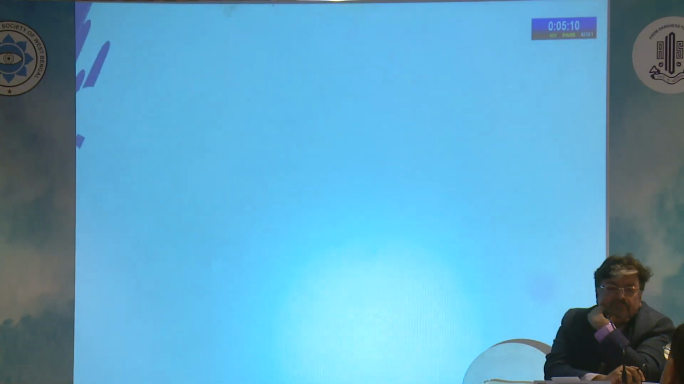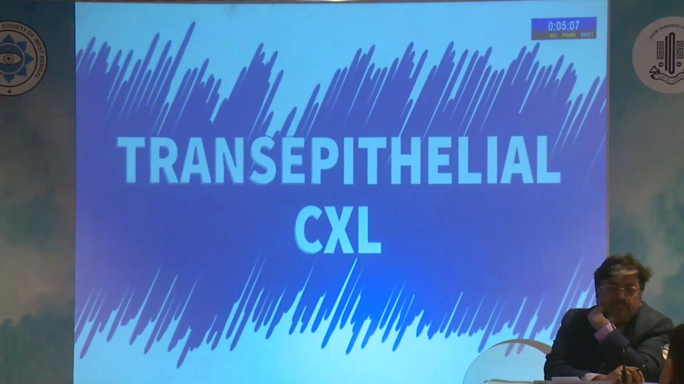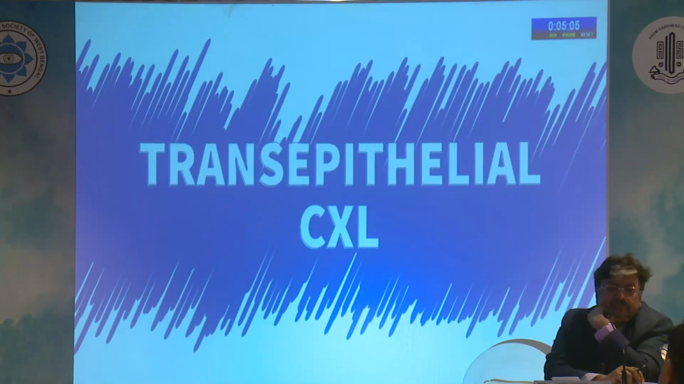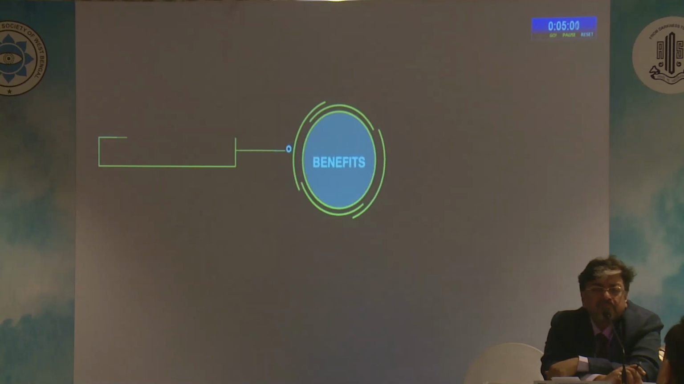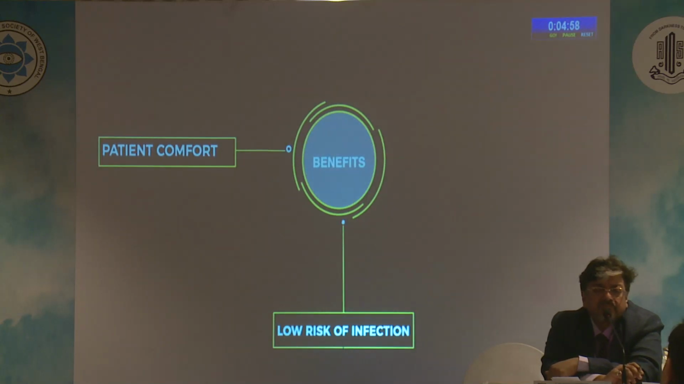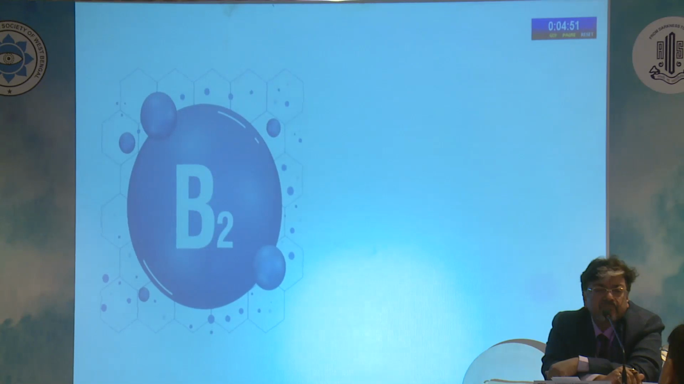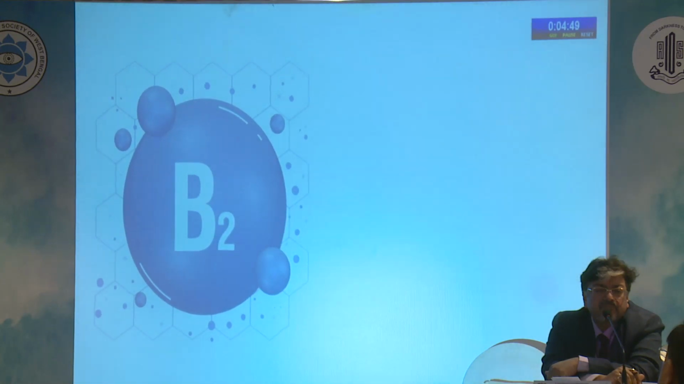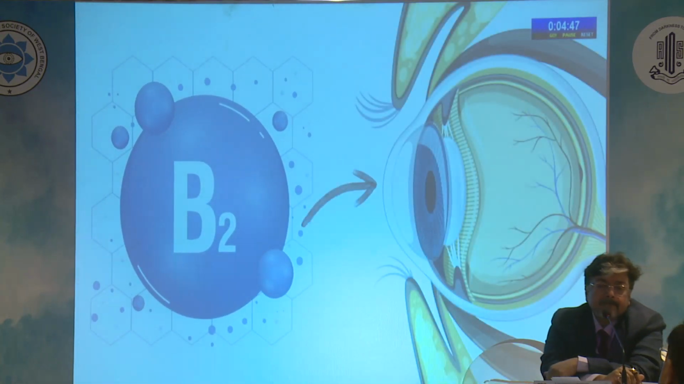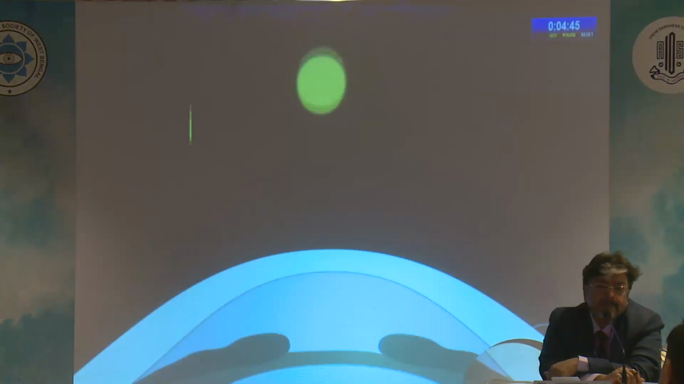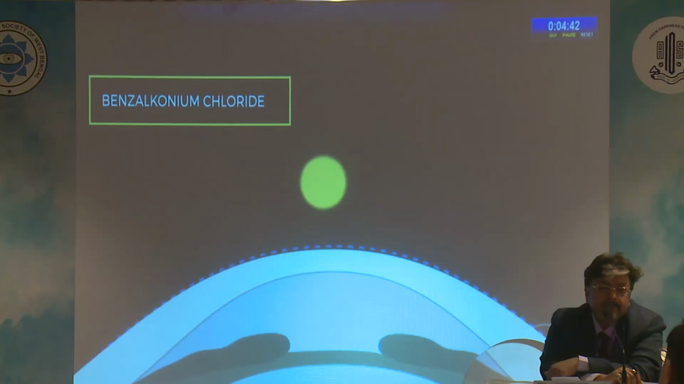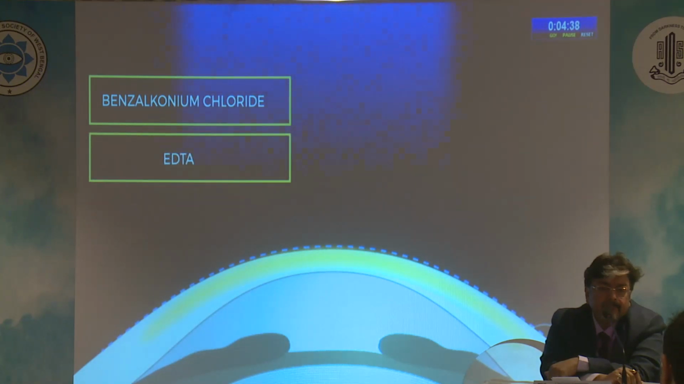So another way of performing CXL in advanced keratoconus is the transepithelial cross-linking, or the Epi-on technique. The Epi-on technique has been shown to result in greater patient comfort, reduced risk of infective keratitis, and decreased incidence of stromal haze post-CXL. The obvious problem is that riboflavin, being a macromolecule, cannot penetrate an intact epithelium. The solution to this is the use of permeability enhancers like benzalkonium chloride and EDTA, which loosen the epithelium, allowing